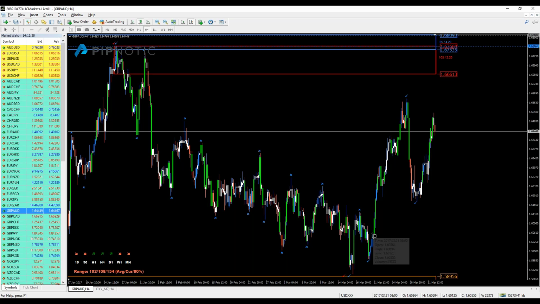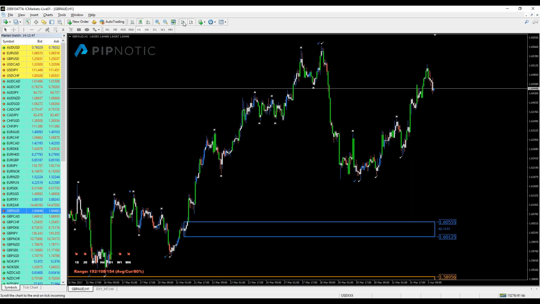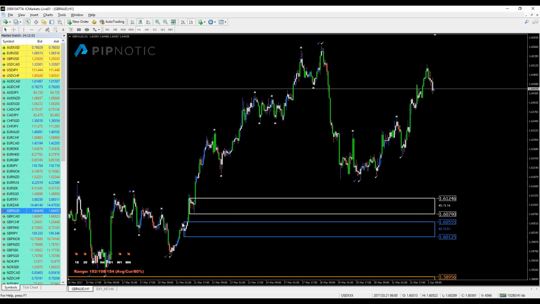You can see that we have something here that seems to be nice and fresh on the hourly chart. We can have a look and we can see that we have this one here. So we have this one here. We have this one just below. And currently, price is reacting at this little one here, which is holding price